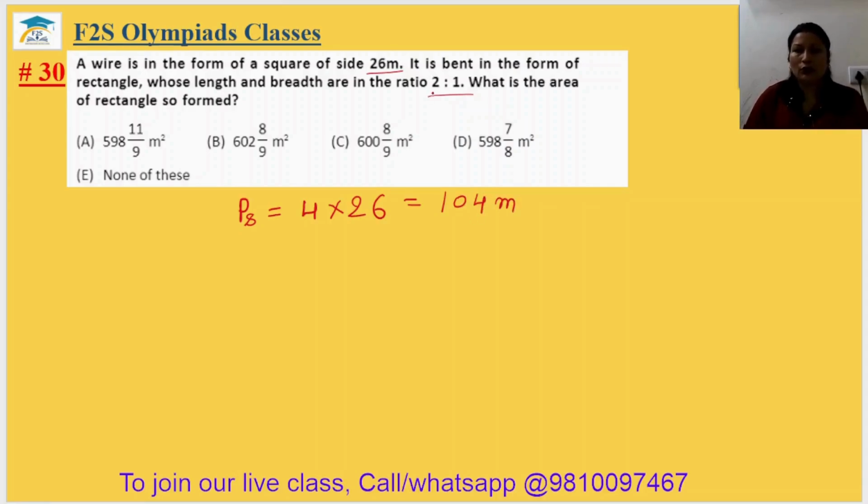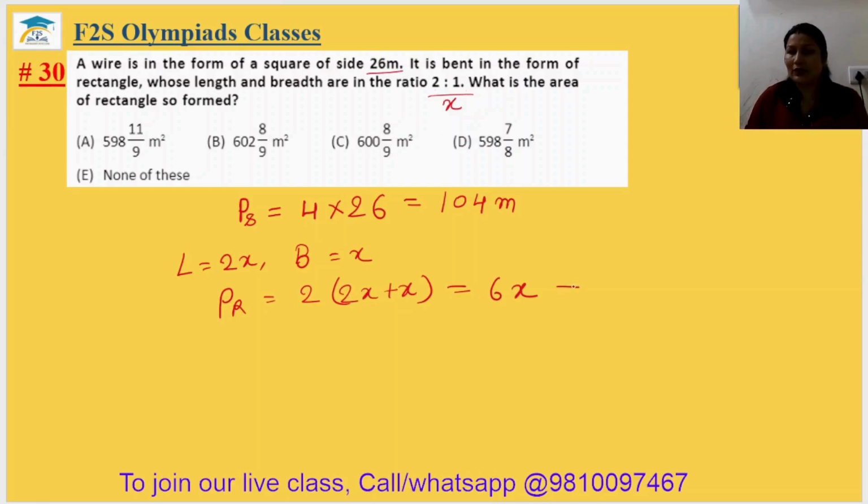And the ratio of the length and breadth of the rectangle is given as 2:1. If x is the common factor of this ratio, then length will be equal to 2x and breadth will be equal to x. So the perimeter of the rectangle will be equal to 2 into (2x plus x), that is your 6x. And since the same wire is used, it should be equal to 104. So this implies x equals